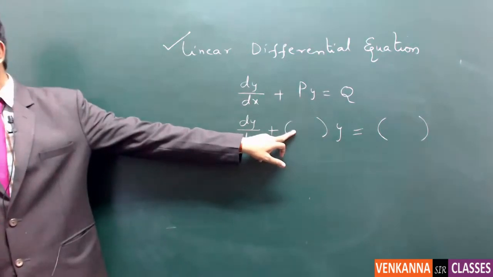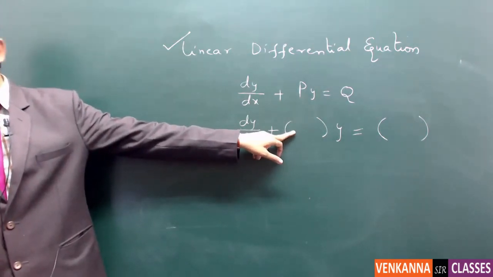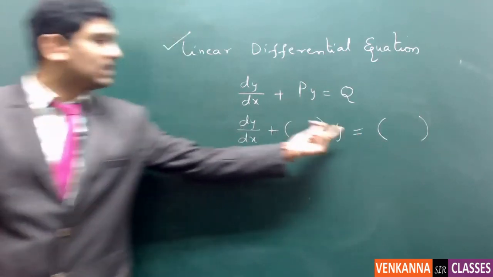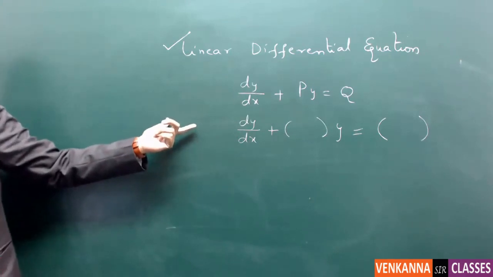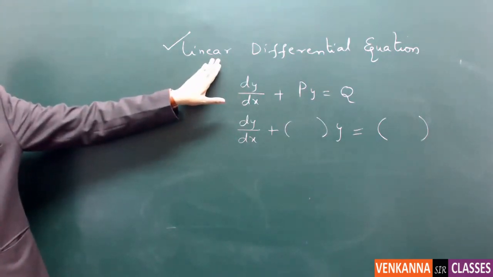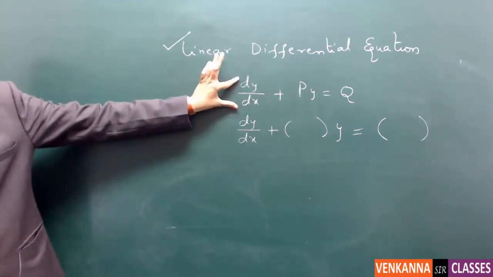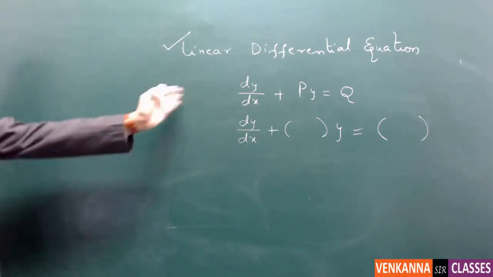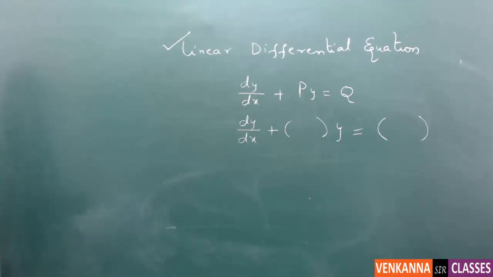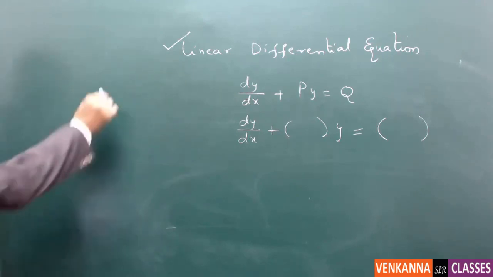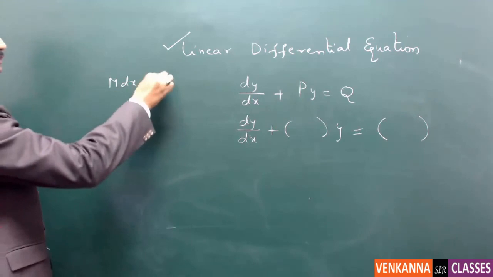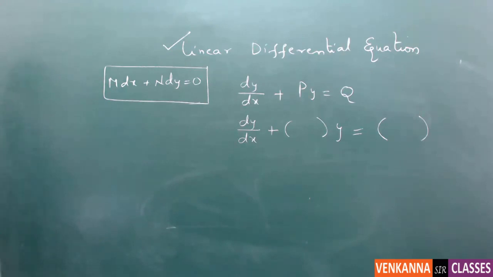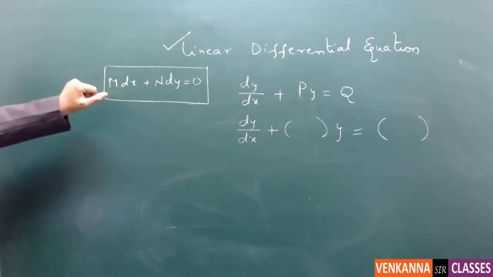Here p is a function of x or a constant, and here q also is a function of x or a constant. Whenever an equation is given in this form, we call it a linear differential equation. You can observe that it is a first order and first degree differential equation. By simply doing the cross multiplication, you can arrange this equation in the form m dx plus n dy equal to 0,